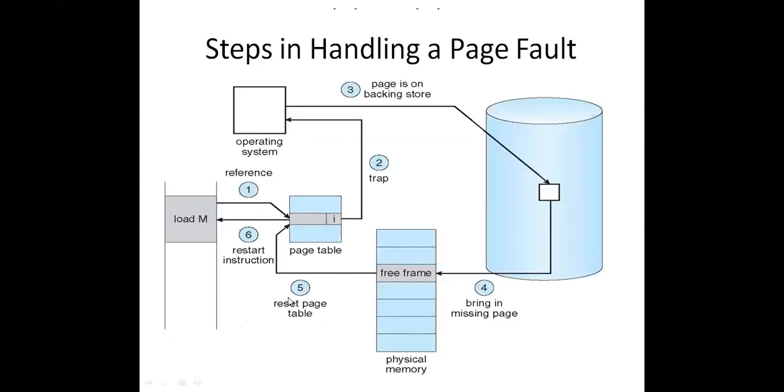So these are exactly the steps we had discussed in the last class. Whenever there is a reference to a page and it is invalid, it immediately traps to the operating system. That means it signals an error to the operating system that there is a page fault. So immediately the operating system will check the backing store, that is the disk, and next the operating system always checks for a free frame. If there is a free frame in the main memory, then the operating system brings the page into the main memory. This point you need to understand.